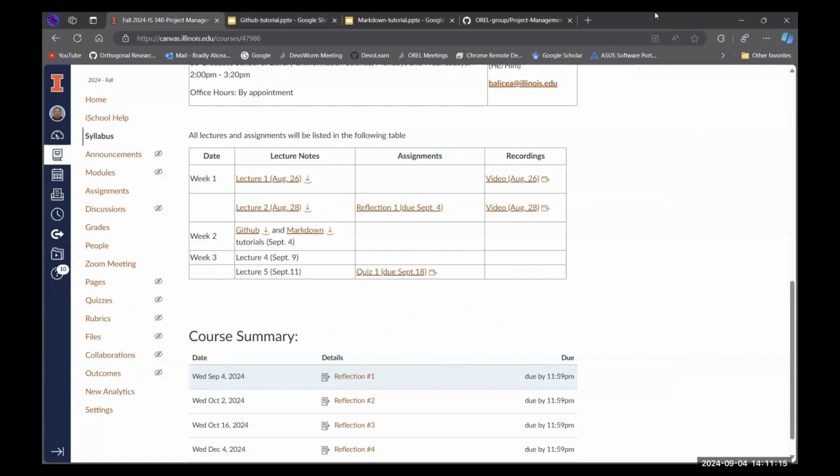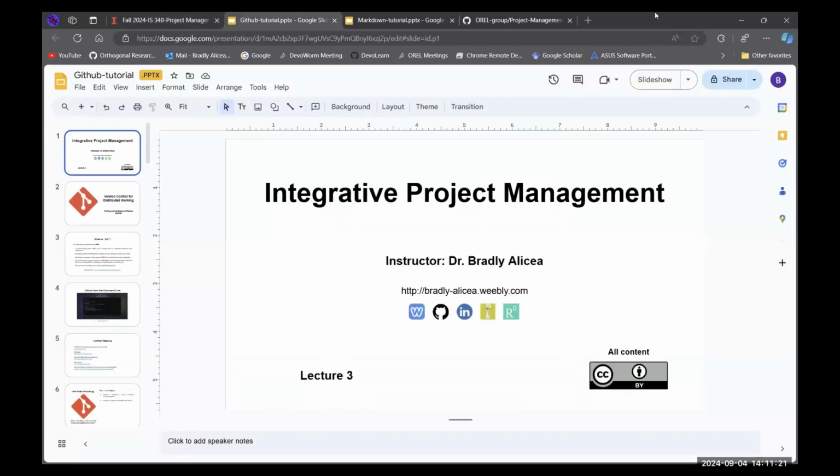I don't have them up yet, but I'll put them up. They'll be under lecture 4 and lecture 5. Actually, I'll rename them so that they're easier to identify. I'm going to go over these two tutorials, one being on GitHub and version control, and the other on Markdown, which is another skill you'll use for this quiz.